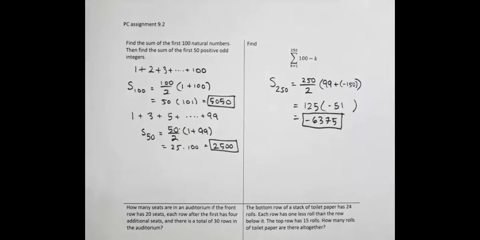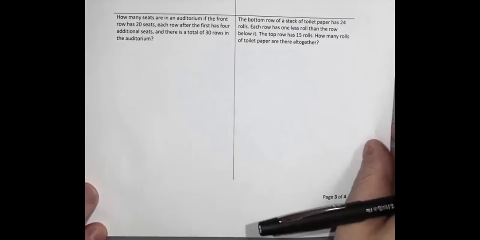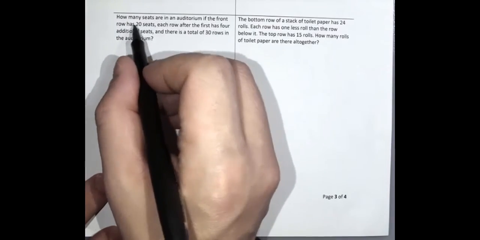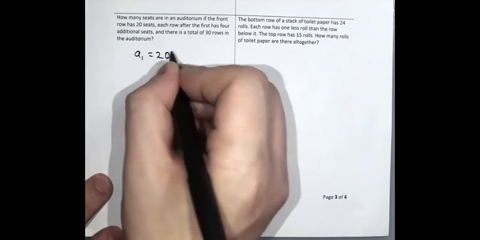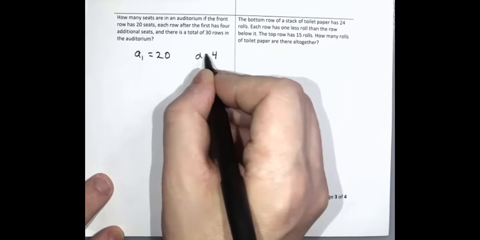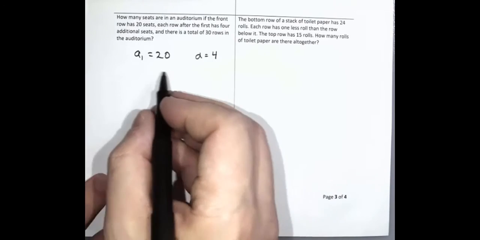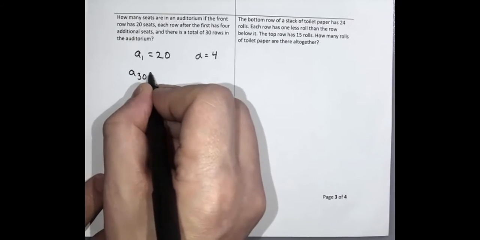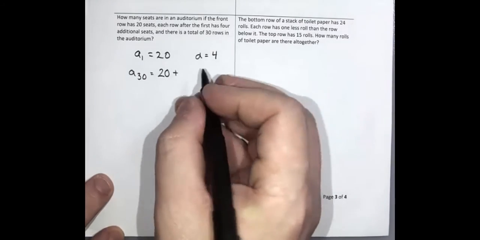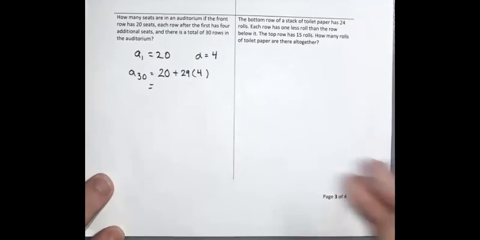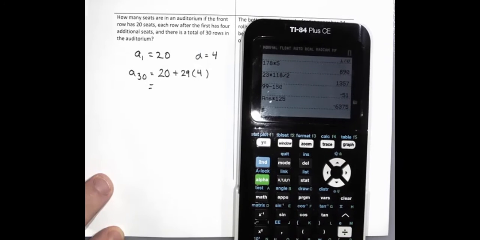Okay, now some applications, some word problems. How many seats are in an auditorium if the front row has 20 seats, and each row after the first has 4 additional seats, and there's a total of 30 rows. So the first row has 20, and we keep on adding on 4, so the 30th row will have first term plus n minus 1 multiplied by d. So the 30th row is going to have 20 plus 29 times 4,